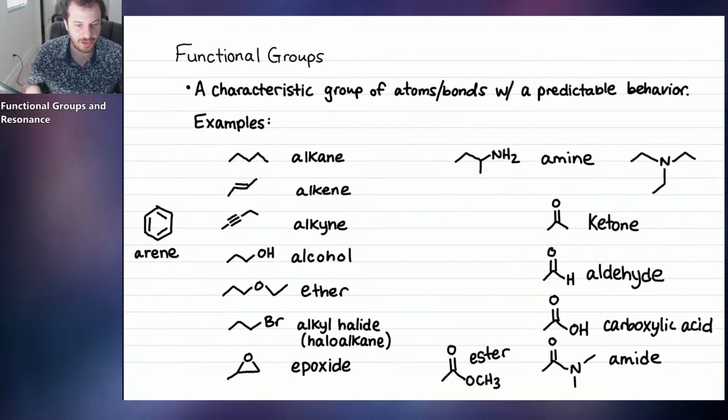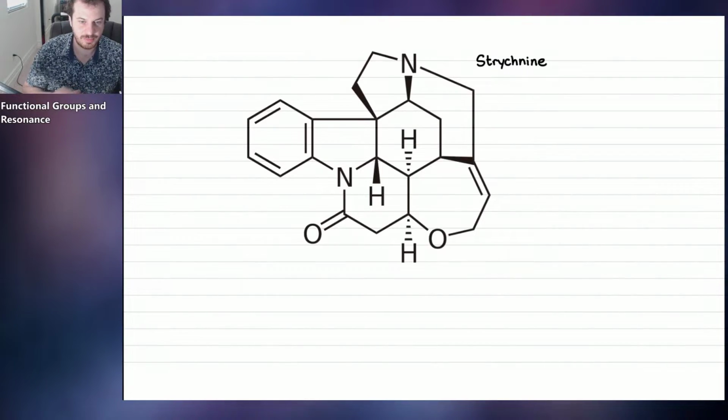So let's take a look at a very complex organic molecule. This molecule is called strychnine. You may have heard of strychnine before. Hundreds of years ago, it was used as a poison to assassinate people they didn't want around anymore. So they'd kill them by giving strychnine, which is a poisonous organic compound. Strychnine today is used as a rat poison. It comes from a tree. It's like a chemical found in the nut of a tree, and it's very, very poisonous to mammals. So they can give it as a rat poison.